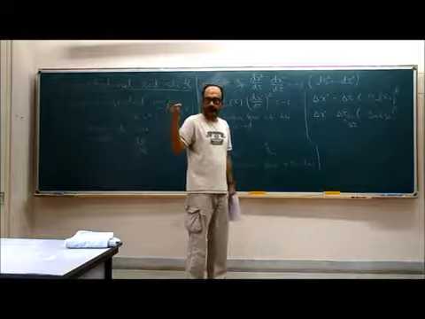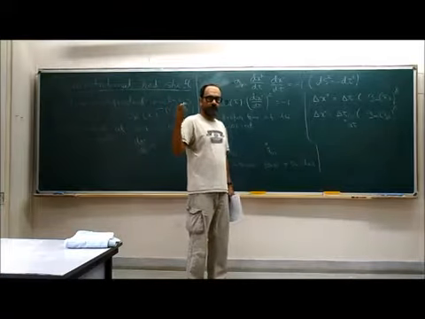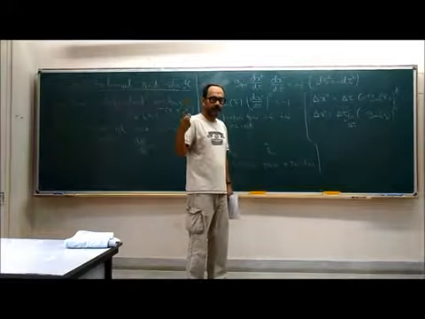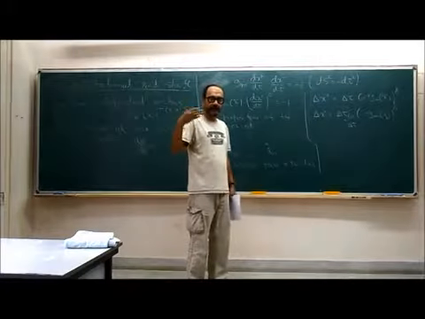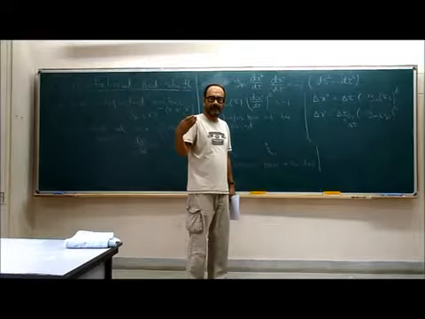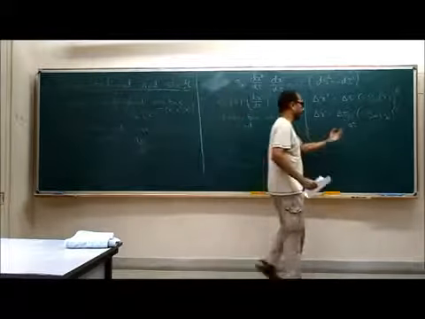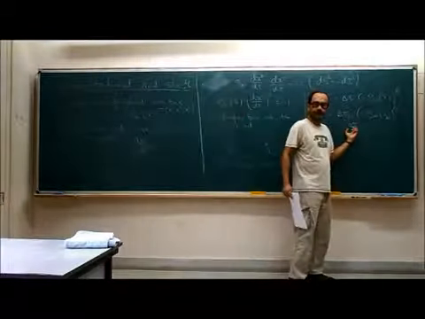We place the clock at x1. So the clock is ticking. And because the clock is placed at x1, the delta tau 1, the proper time that will be elapsed at x1, will be given exactly by the period of the clock, which is delta tau. So what is delta x naught?